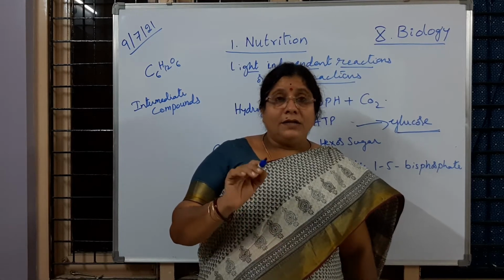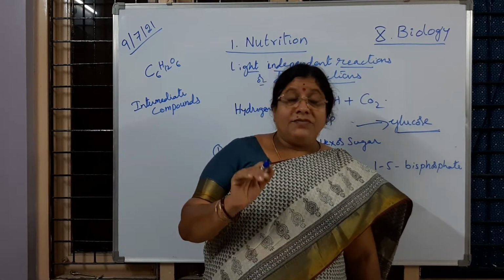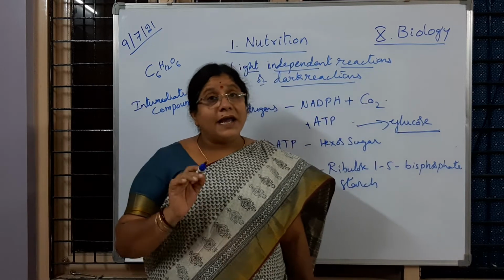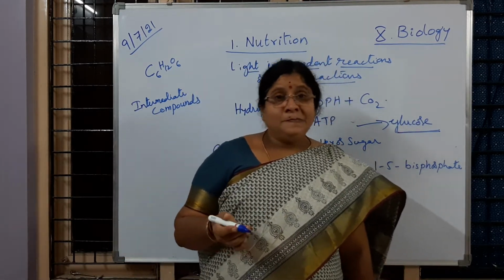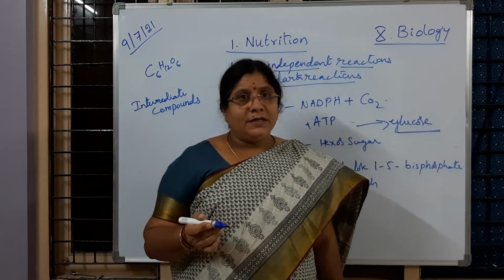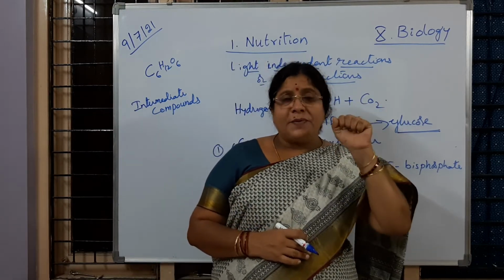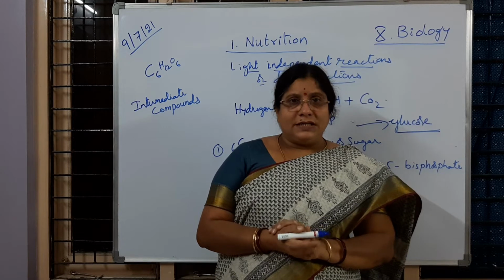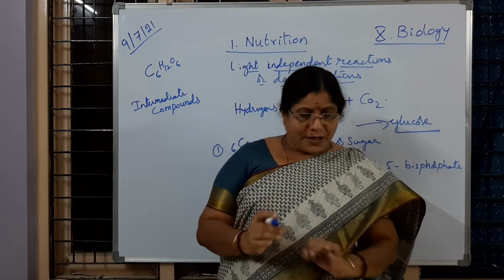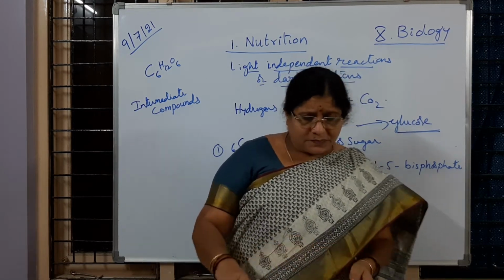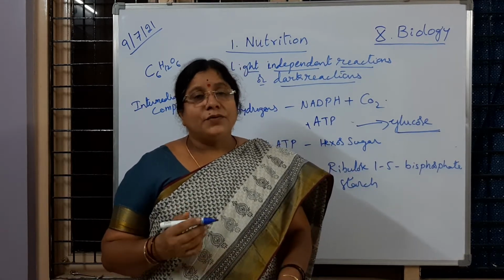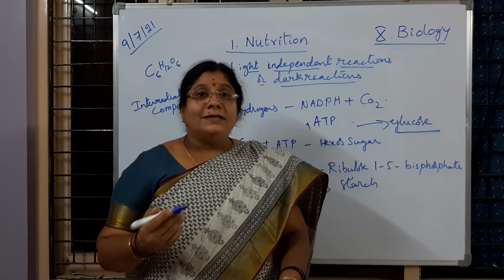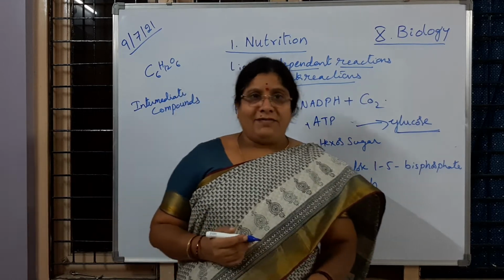So the factors which are very important here are light and other factors like carbon dioxide or water availability. All these influence the process of photosynthesis. Is it clear to children? I hope you understood how important the process of photosynthesis is for other living organisms to survive. Is it clear to you?